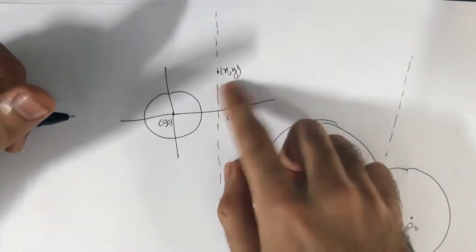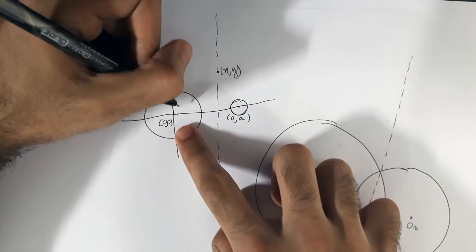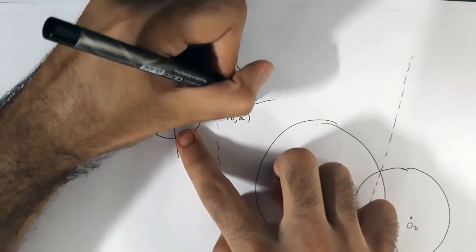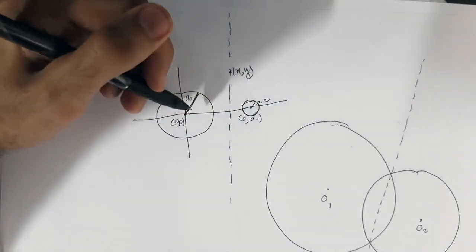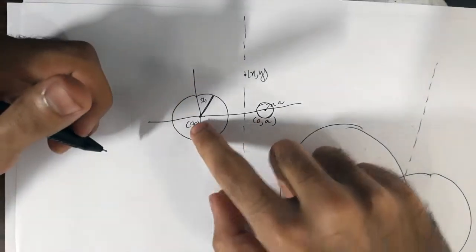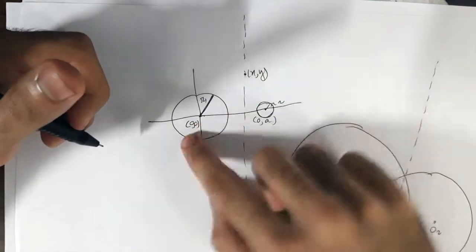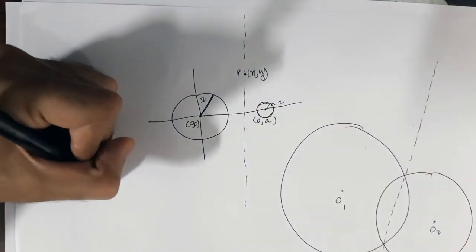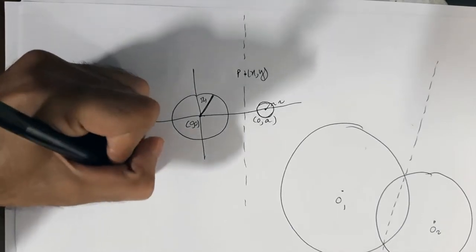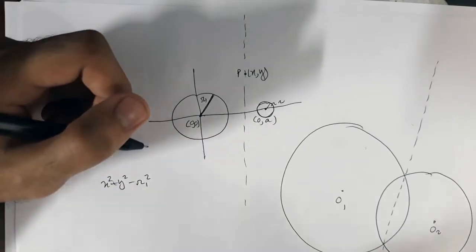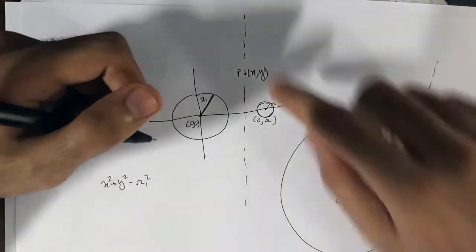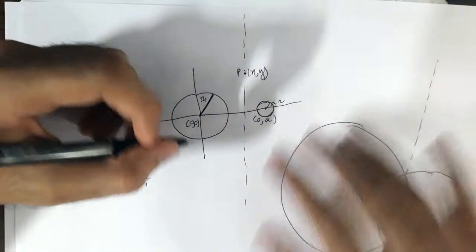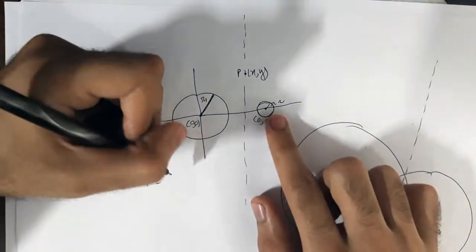So the power of this with respect to this circle, let's assume the radius to be r1 and r2. So power with respect to this is OP squared, where P is this point, which is basically x square plus y square minus r1 square, and we're saying that the power is equal to this. Currently we don't know that this is a line, we've just taken a random point, and we're doing the power